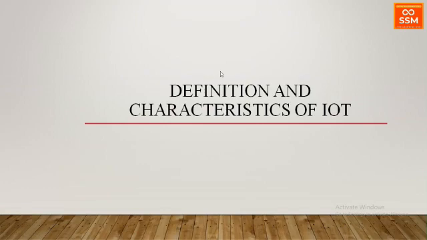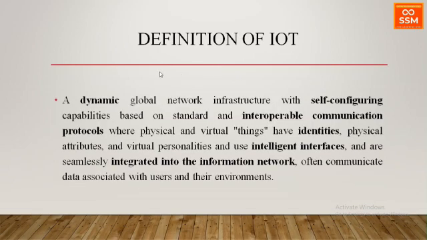IoT, when you abbreviate, you get a term called Internet of Things. Now I'll give the definition for IoT. IoT is nothing but a network. A network can be static as well as dynamic. If it is dynamic, then you can configure a network. Every device in a network will communicate, and for its communication it needs to follow a certain set of protocols. To identify a device in a network, you need to assign an identity to it. Generally a device in a network can be called a thing, so every object in a network is called a thing.